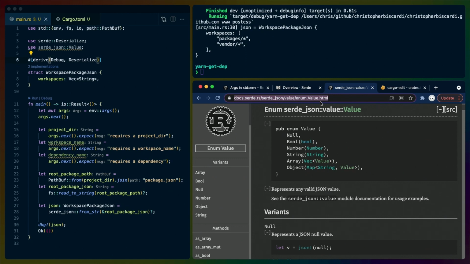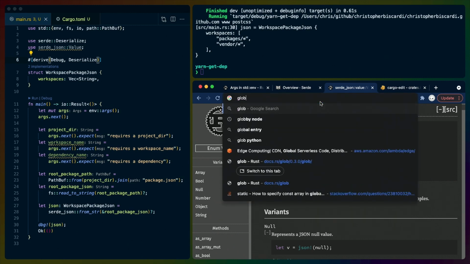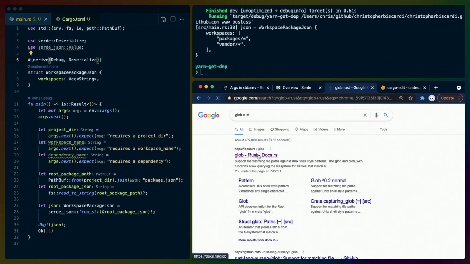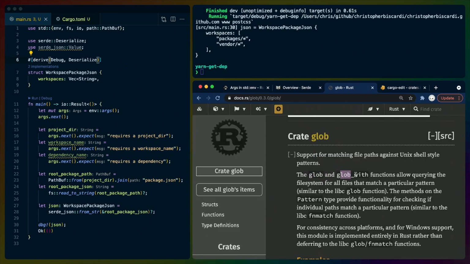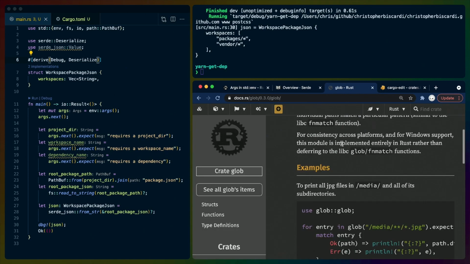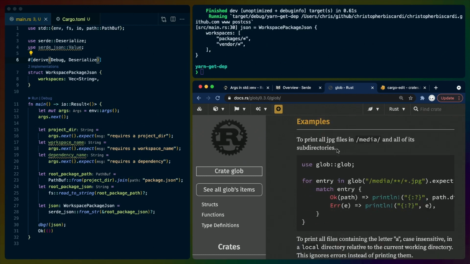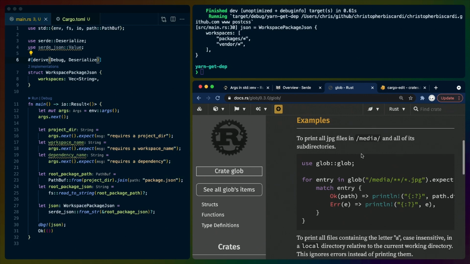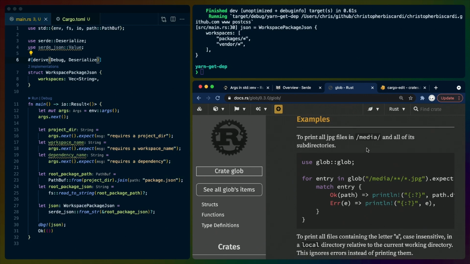the other package JSONs. So we're going to do a search for something in Rust, maybe a glob crate. The glob and glob-with functions allow querying the file system for all files that match a particular pattern. If we can query for, I hope this will just give us everything. So the star, when you're using the yarn workspaces, means there's a bunch of directories in that directory that then have package JSONs inside of them. That's good for us. Now that I think about it, what we're going to do here is